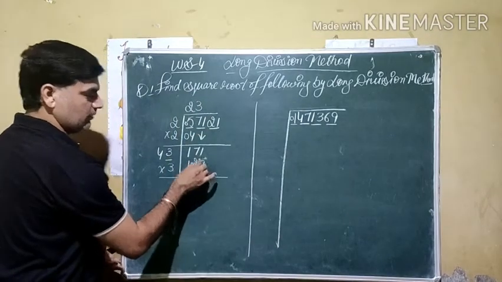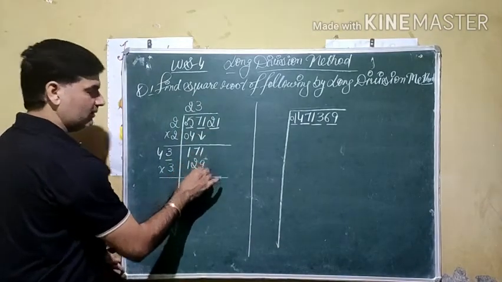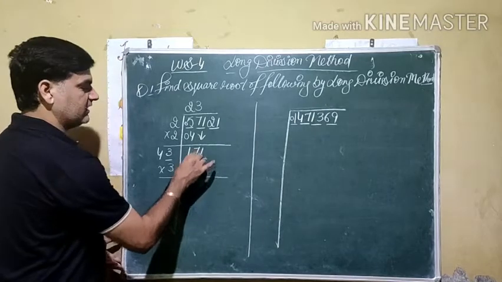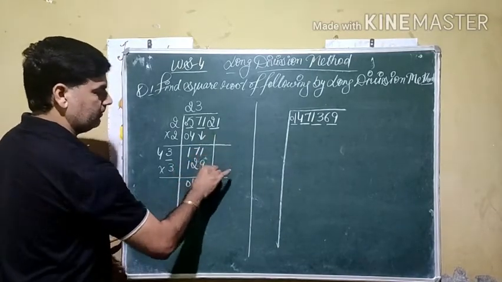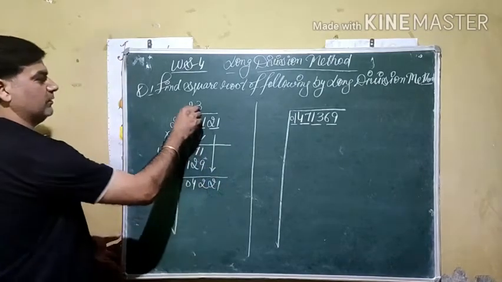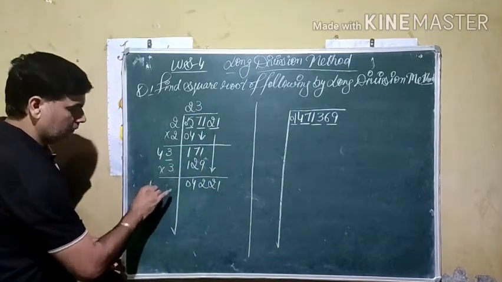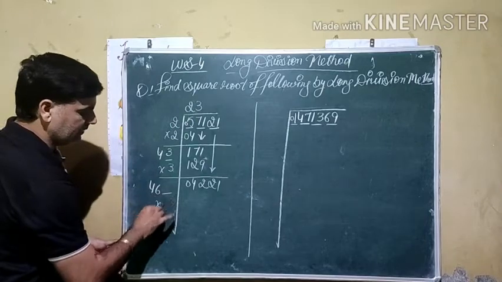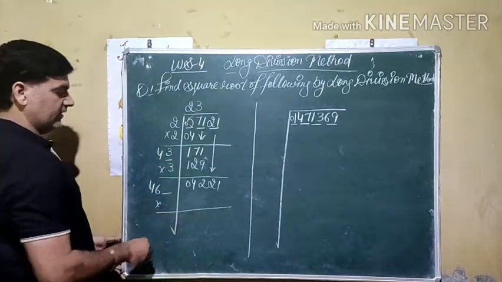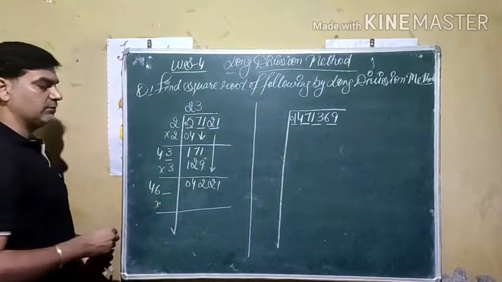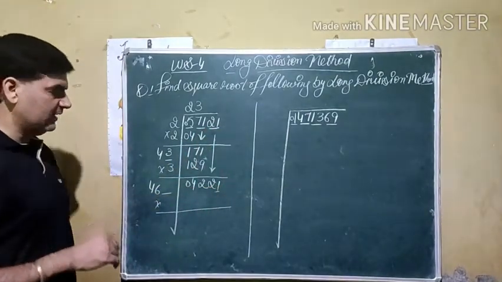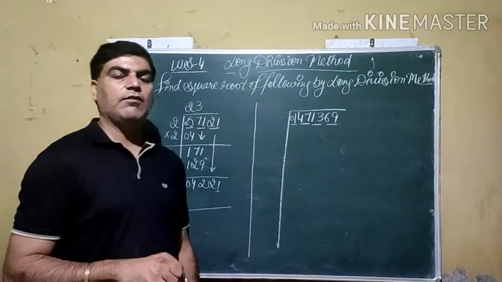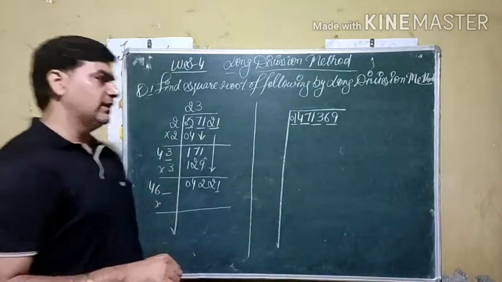Balance comes out from here. 1 minus 9 not possible. 1 borrow from here. 11 minus 9, 2. It becomes 6 minus 2, 4. 1 minus 1, 0. Next pair done. Our process is double of this number, otherwise sum of these two: 46. Put one digit, multiply same digit. If we see here, square of which number gives us 1 at the last, because it is the last pair. We know that square of 1 is 1 and square of 9 also gives us 1 at the last, because square of 9 is 81.